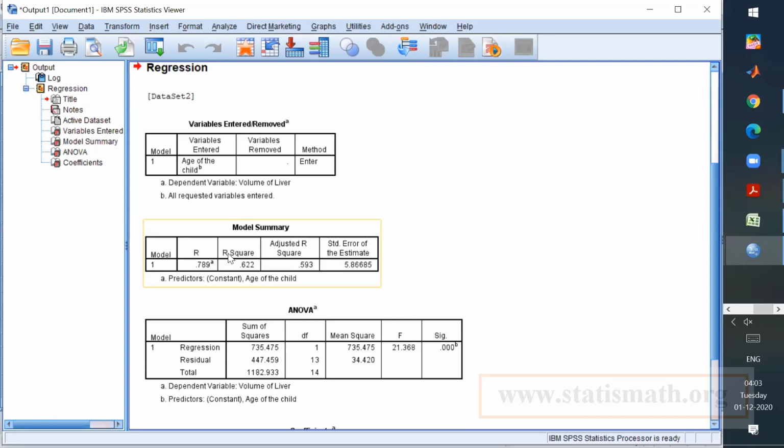Somebody gave me the negative and I trusted that value and gave the interpretation based on that. That is foolishness. It's wrong medically, because when the child grows, the volume of the liver must also grow. Is that not common sense?